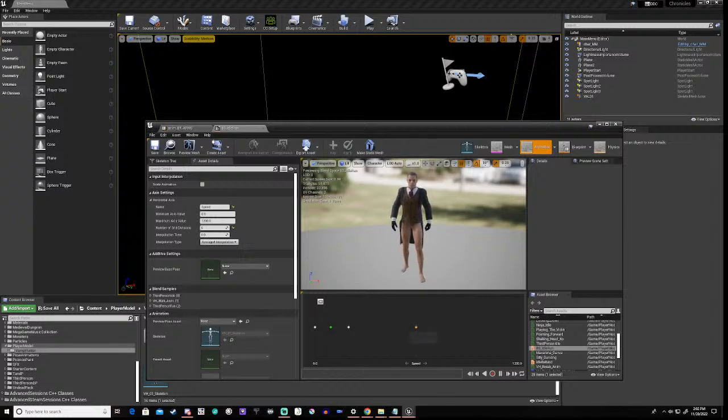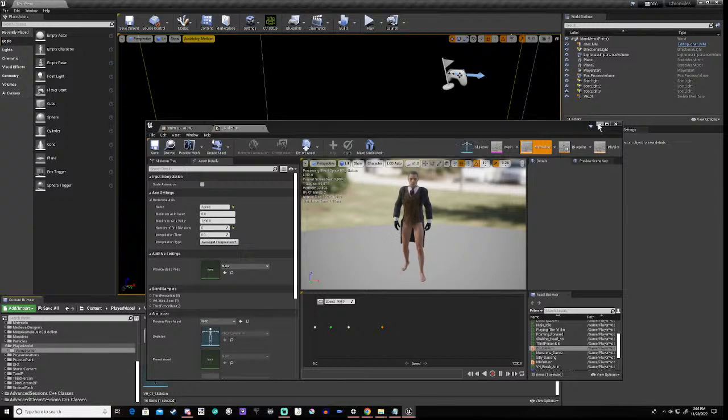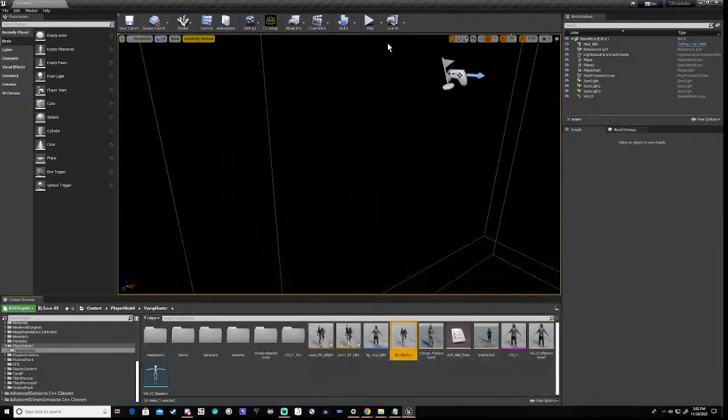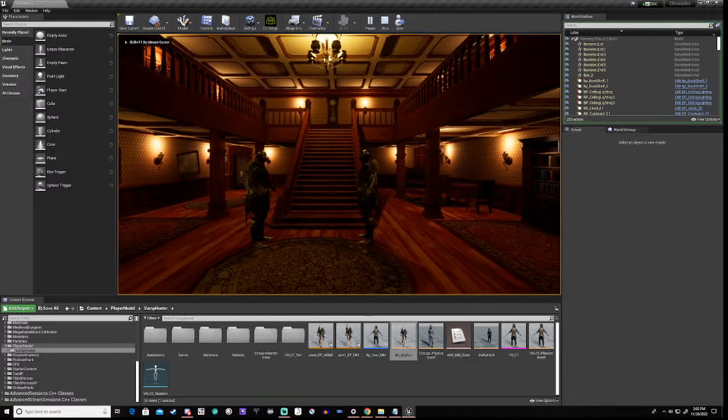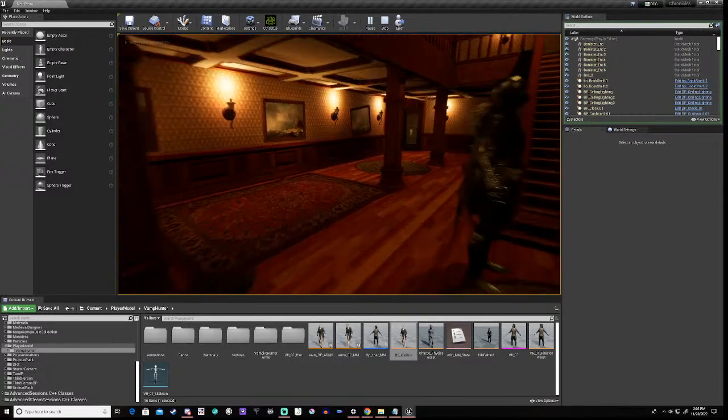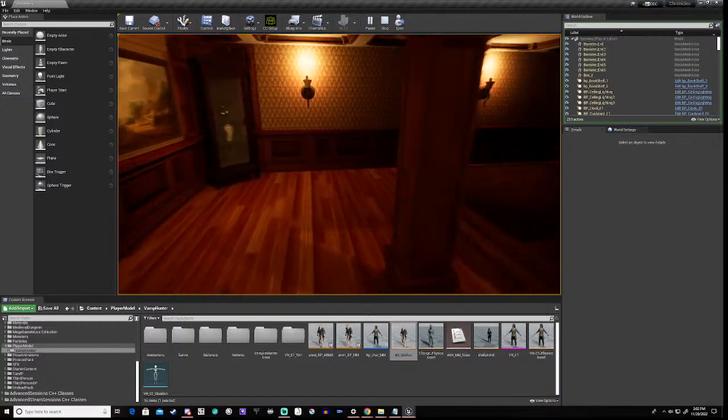And we're going to move that to there. And now as you can see, we've got our arms